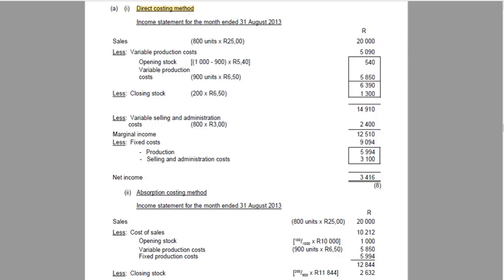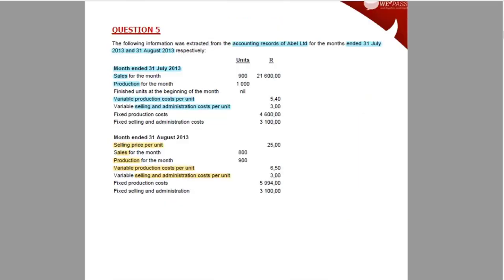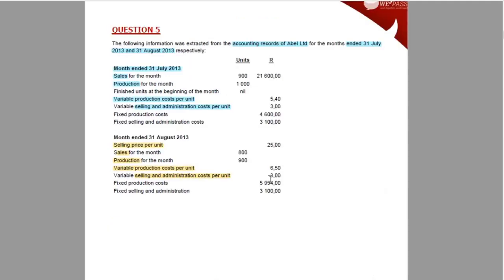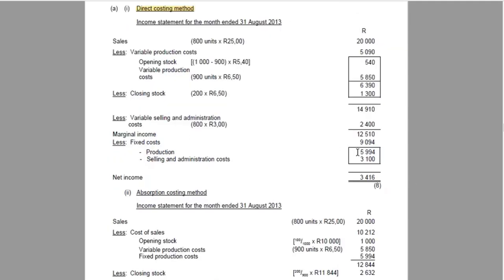Then your second attempt would be, which cost am I given? Given means that I don't need to do this calc. The number is as is from the question. I don't have to manipulate it. I just have to put it in. So under the direct costing method, your production cost, your fixed cost, it's given. It's this 5994. So it's a given amount. You don't need to calculate. It's just a matter of positioning it,